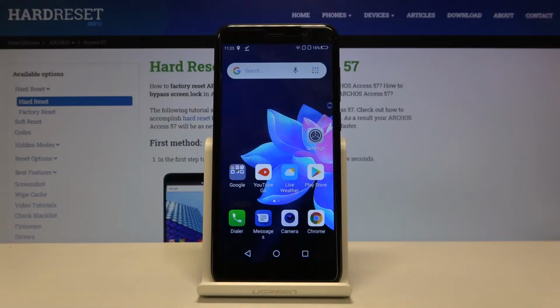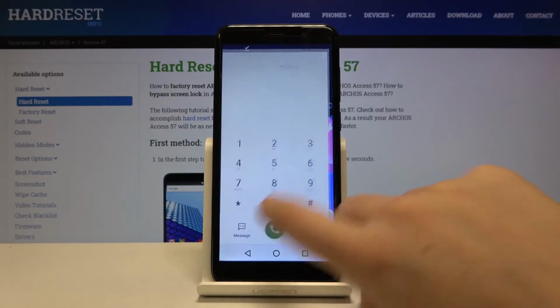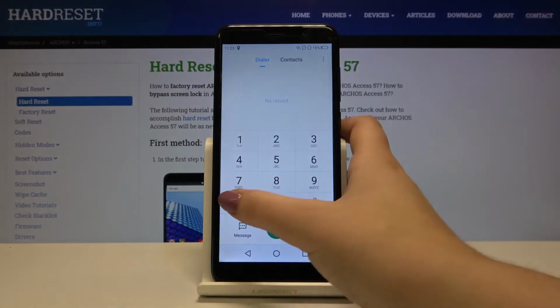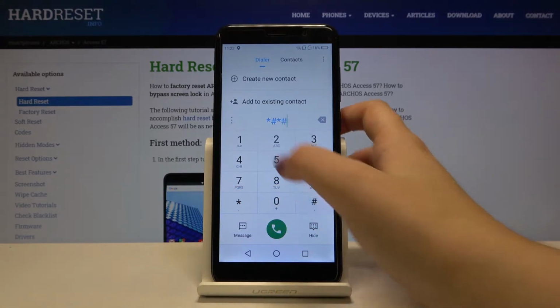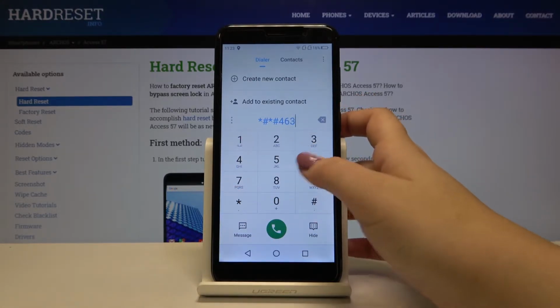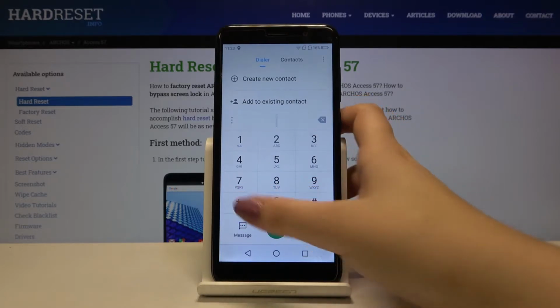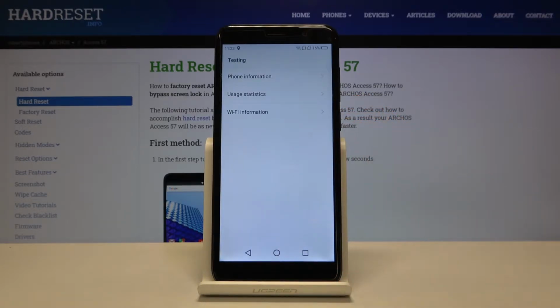Hi everyone, here we've got ARCHOS Access 57 and let me show you all secret codes which will work on this device. So first of all, let's open the dialer and let me show you the first code. It's *#*#4636#*#*. And as you can see, we are in a testing mode, so we can check some phone info, usage